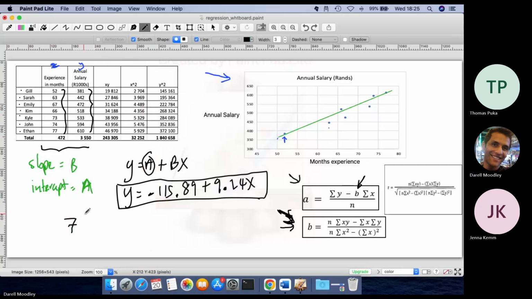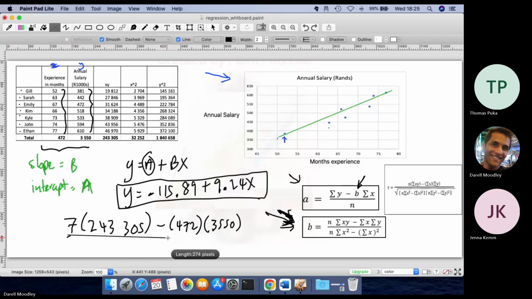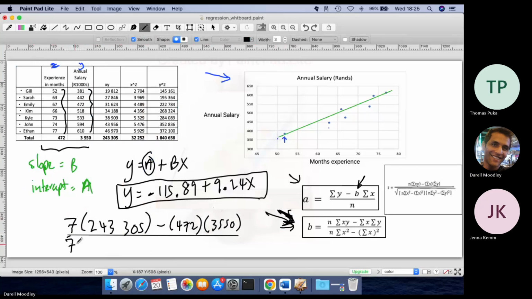So you'd have 7 into, all I'm doing is writing all the values into this formula here. 7 into 243,305 minus sum X, which is 472, times sum Y, which is 3,550, all over N, which is 7, sum x squared, which is 32,252, minus sum of x all squared, which is 472